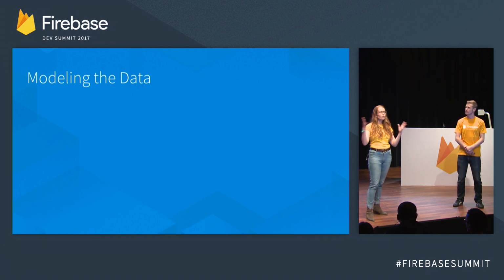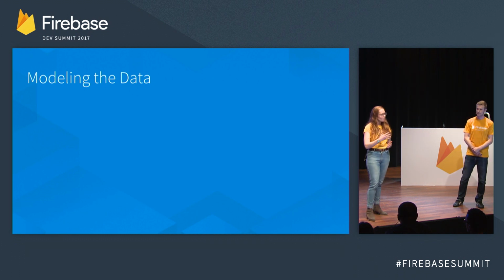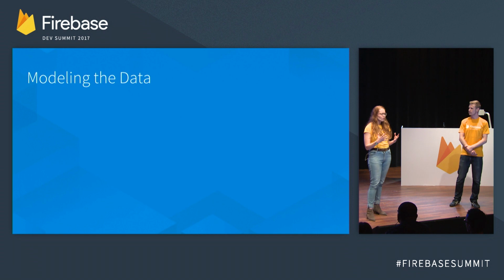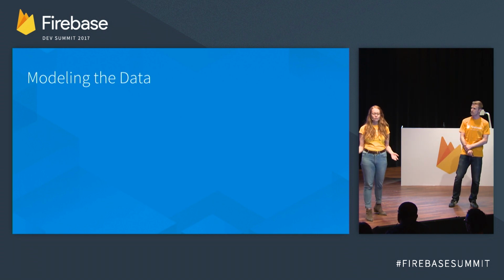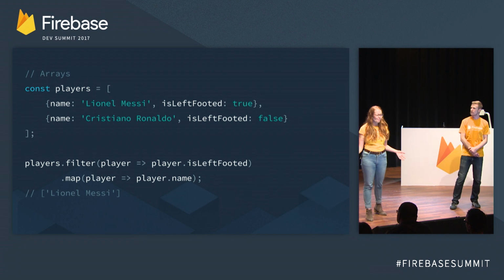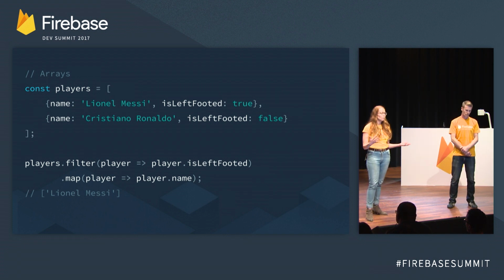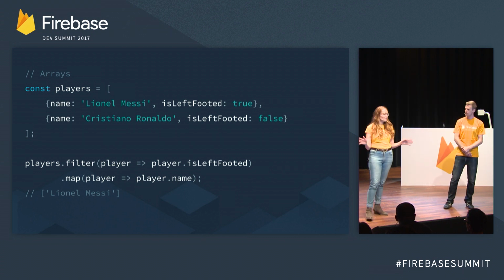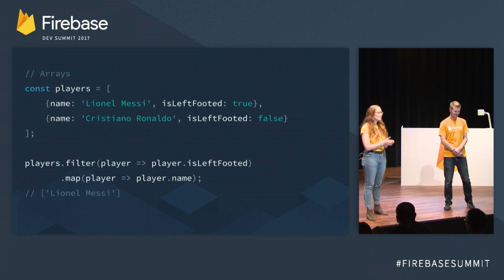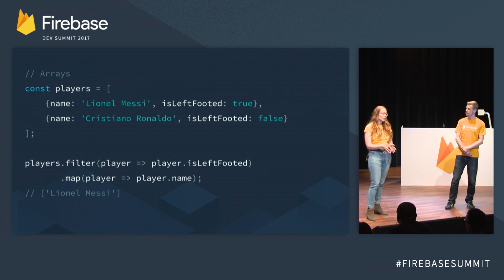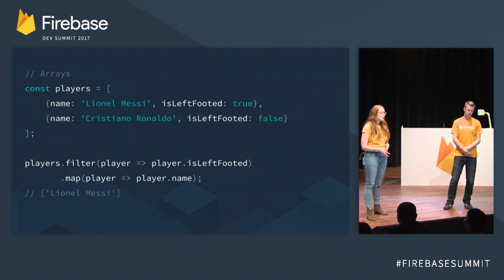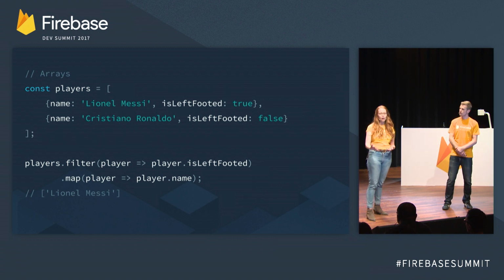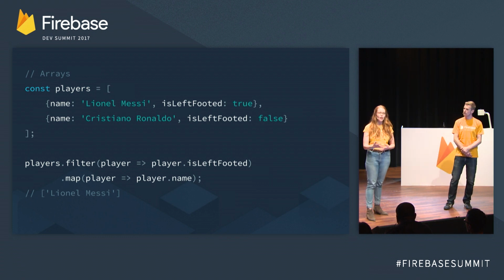Firestore is really, really scalable, and that's really exciting, but the events are coming in over time. So how do we actually model that information? What would be really great is if we could have everything as an array ahead of time. So something like this, we could have players with some names. I'm really bad at sports terminology, so if I mess up some names, please forgive me. Here we want to know the left-footed players, so we could filter and map across that data. Filtering takes out, in this example, the right-footed players, and then mapping applies a function across all the items that we get. This gives us back an array of just the one